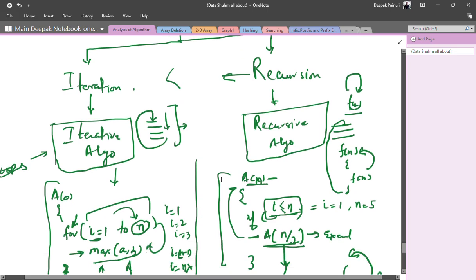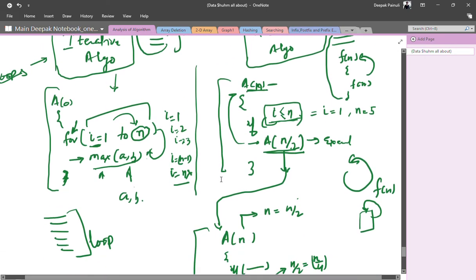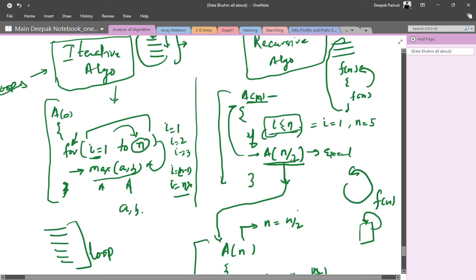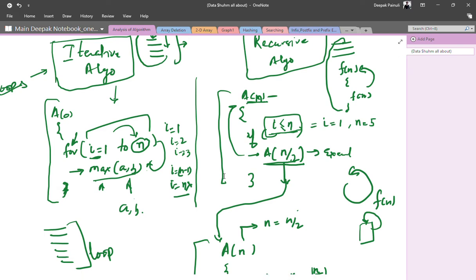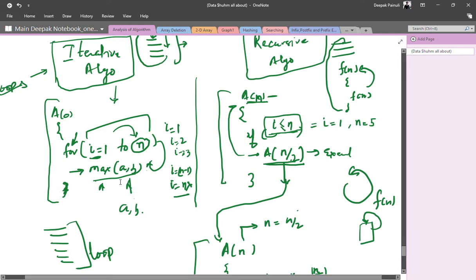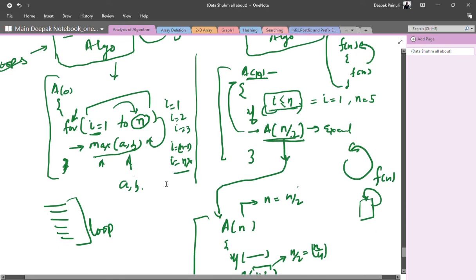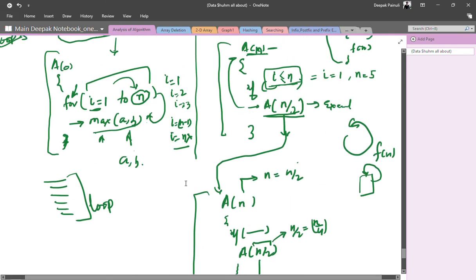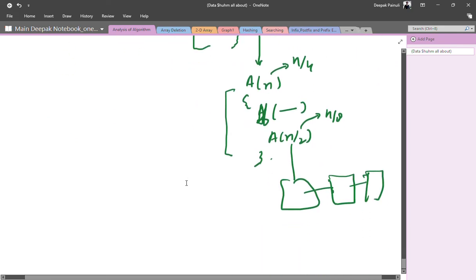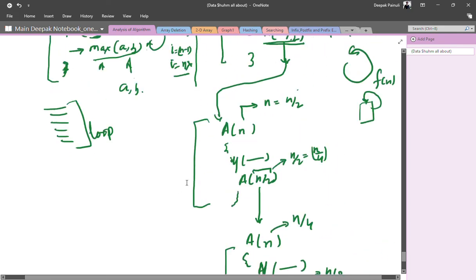So that's why we need to understand that if recursion is happening in the code, we need to calculate time complexity differently, and in the case of an iterative algorithm we need to calculate our time complexity in a different way. So I think you understood this discrimination, that there is a slight difference.